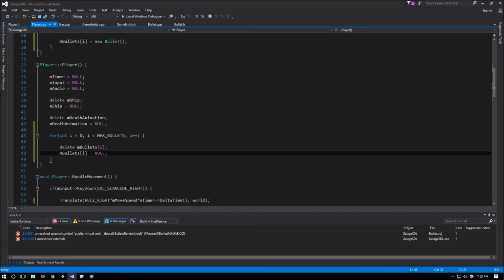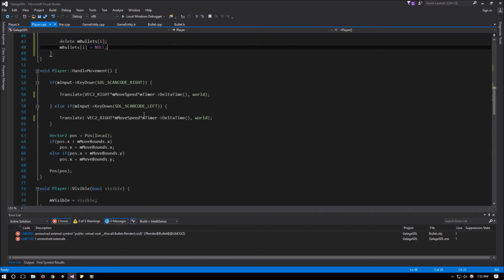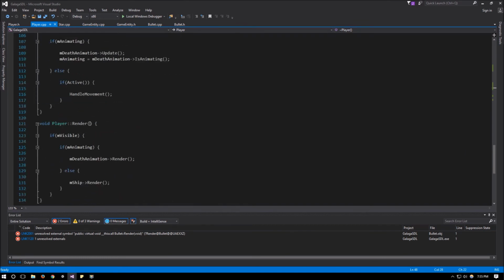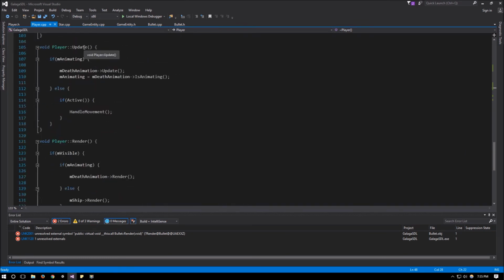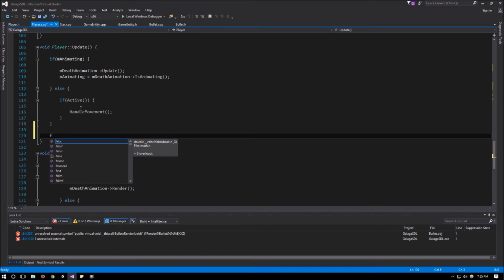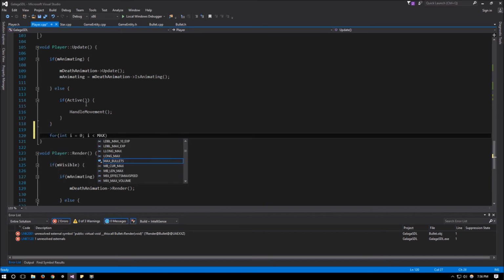And that will be it for the destructor. Now what we need to do is to update and render them, and if the bullet is fired, whether the player is dead or not after it's been fired, we still need to update it. So we can do outside here, outside all the if statements, for int i equals 0, i is less than max_bullets, i++,